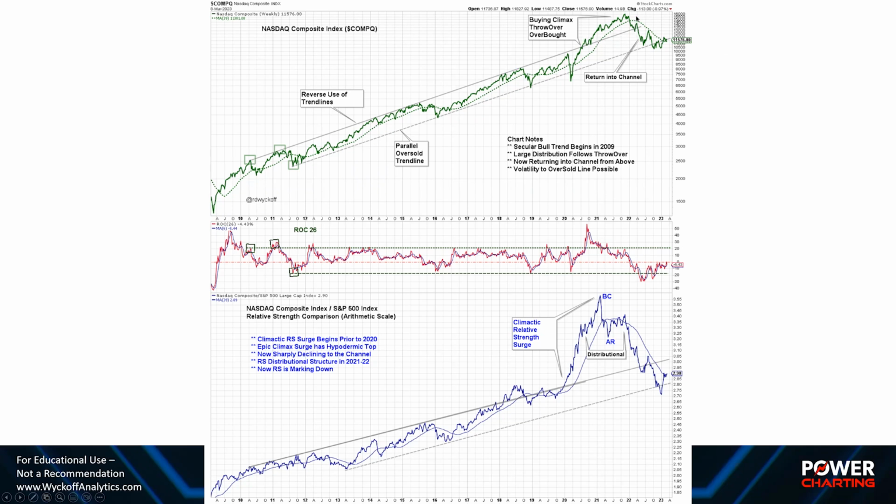Big climactic buying area where it throws over the channel post-COVID and then fails back in. Look at this distribution, really a classic distributional structure, fails back into the channel, falls right back to the bottom of it, and now is riding along the parallel oversold line. Now, the reason I show you this chart is because this is such an important area technically in the market, because if this is a